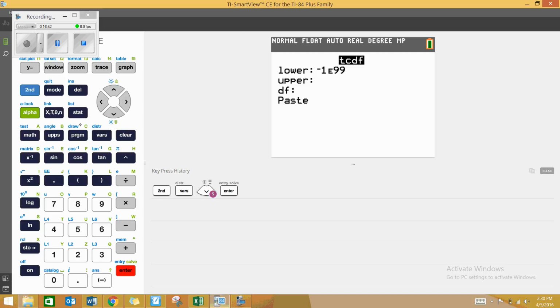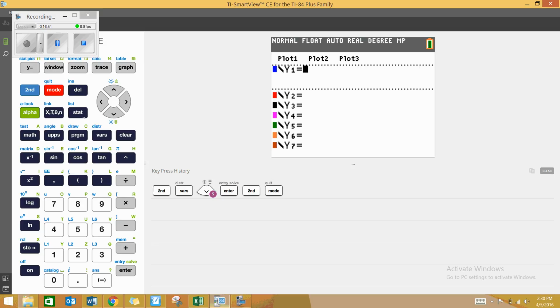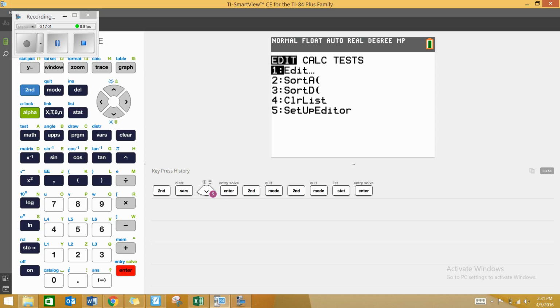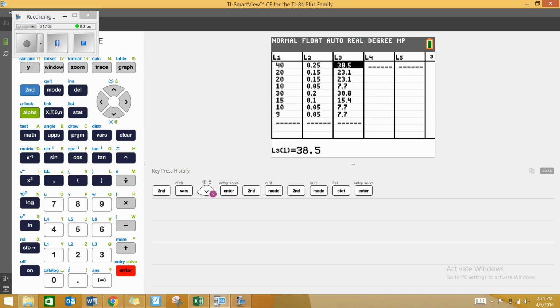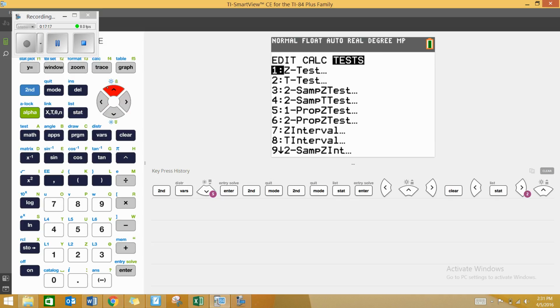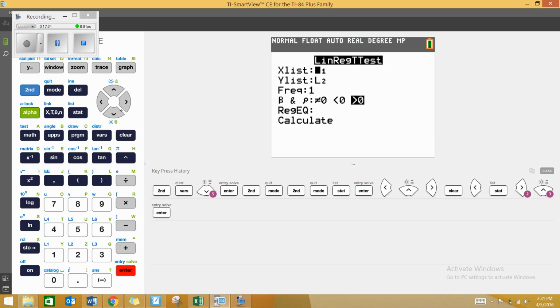Okay, so if I was given raw data, then I'm just going to open my calculator. I would want to enter all that raw data. So let's see, it looks like I've already got some in here, but I haven't checked the conditions yet, so I probably don't want to run that. But what I would want to do would be stat, tests, and then just run a LinRegTTest. It's going to prompt you for L1, L2,